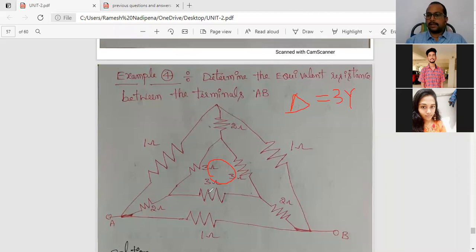When resistors are similar, then only this technique is applicable. Here delta connected elements are given and we need to calculate star connected elements. Then star connected resistor equals delta by 3. Simple. Otherwise you can apply the formulas, not an issue; the same answers will come. So delta by 3 means 3 by 3 is 1. Star connected elements are 1. Those elements are similar again. So please remember this formula: delta equals 3 times star connected elements.